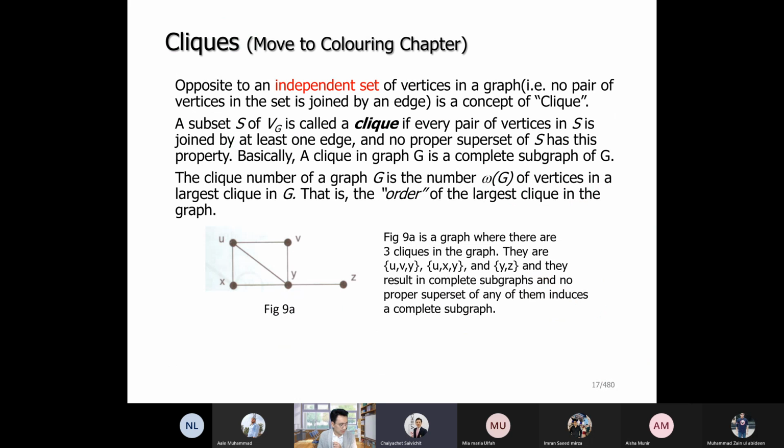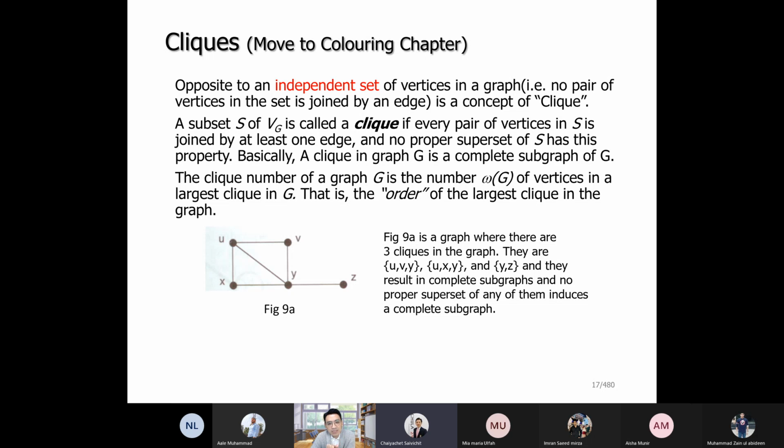Okay, so this is spanning, and we have the term clique. Actually, clique we're going to talk about again in the coloring chapter. So clique, we have the vertices of a graph. The concept of clique is the opposite of the independent set of nodes. Let's look at the clique first, and later on we're going to talk about the independent sets of nodes. Clique: a subset S in VG is called a clique